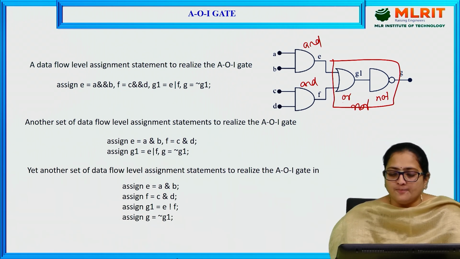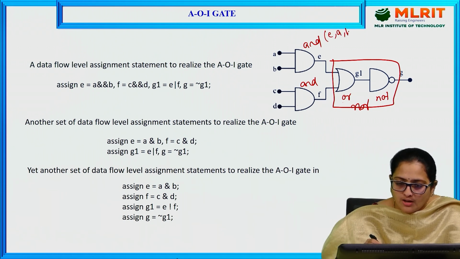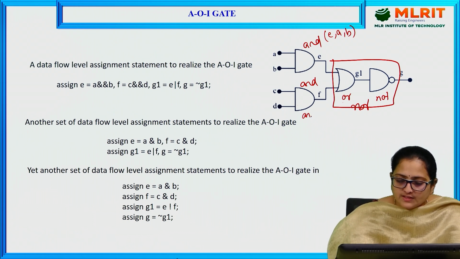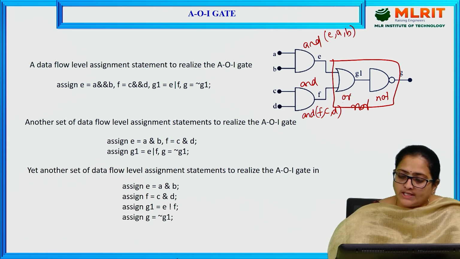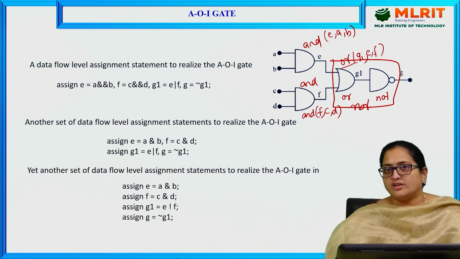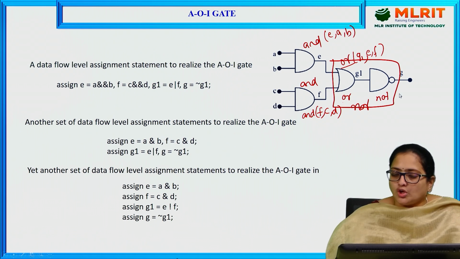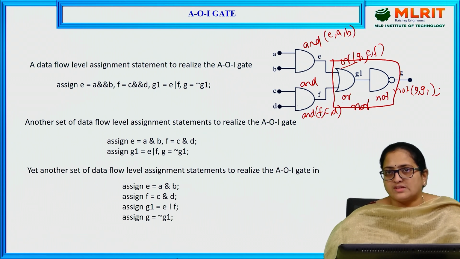In gate level, we used to have primitives like and E, comma A, comma B. Here for this AND, the output of the AND gate is given to a variable F, and C and D are the inputs. For this OR gate, the output is given with the variable G1 and the inputs are given with E and F, and OR is a primitive which is readily available and you can use. And for this NOT operation, the output is G and the input is G1. So, this is how we used previously to write Verilog code in gate level.